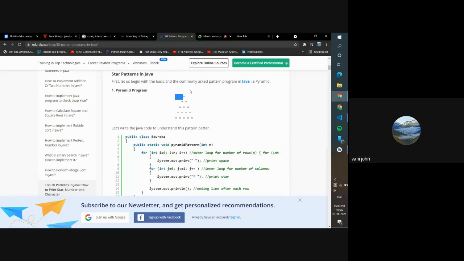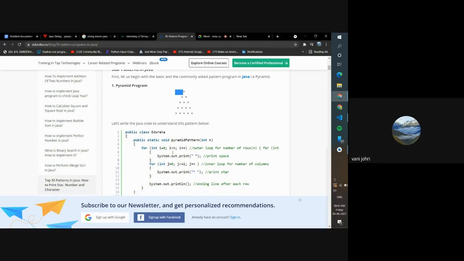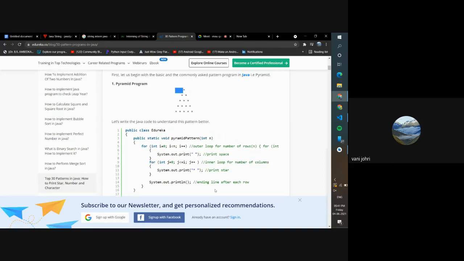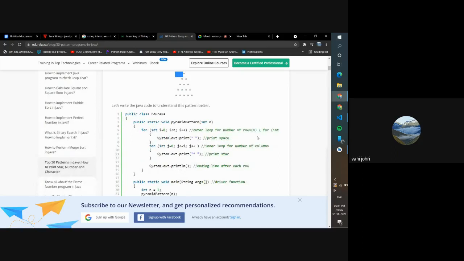And considering that you understood, they have this i = 0, i less than n, which is how many rows they want. So there are 1, 2, 3, 4, 5 rows over here, you can have more. They're taking it from the user. They run it till n with i plus plus, and what they do is print an empty space. Then they have this loop for the columns, and according to that they print an asterisk and then print a space, because there's this space in between over here. And then there's printing this extra line.